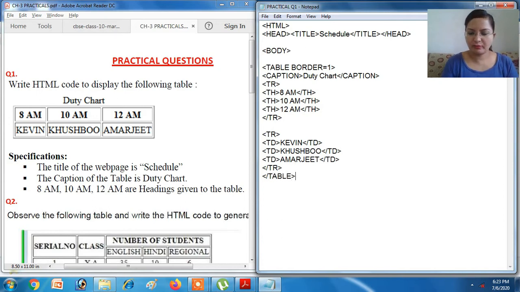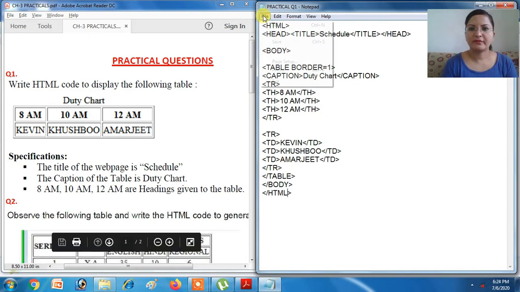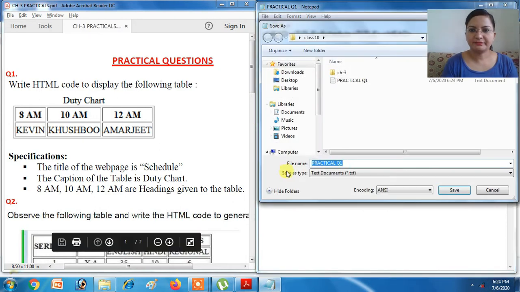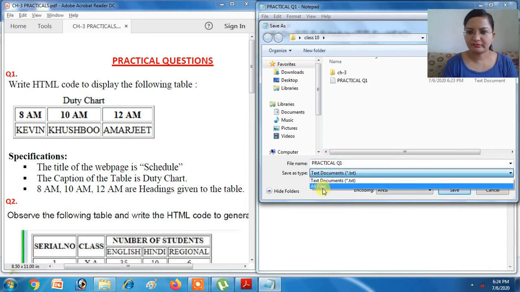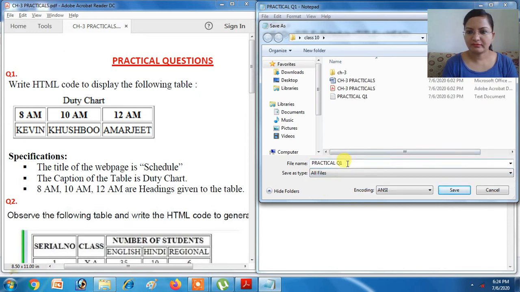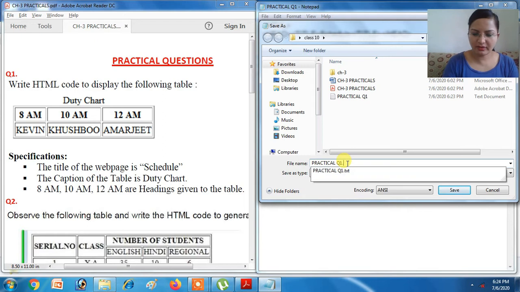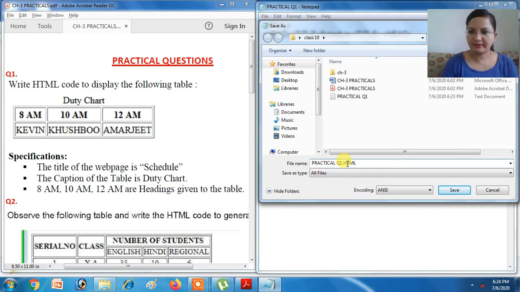Then you have to close the body tag also, and then close the HTML tag. Save file. Practical question 1.html.